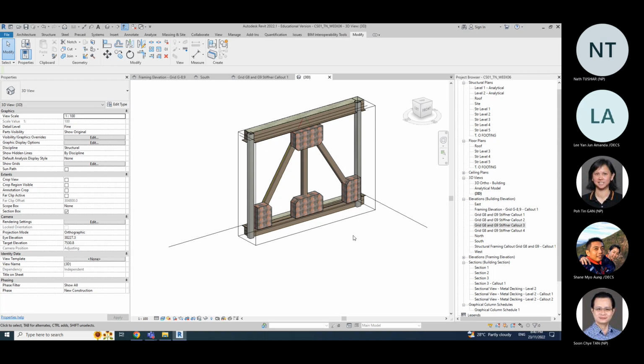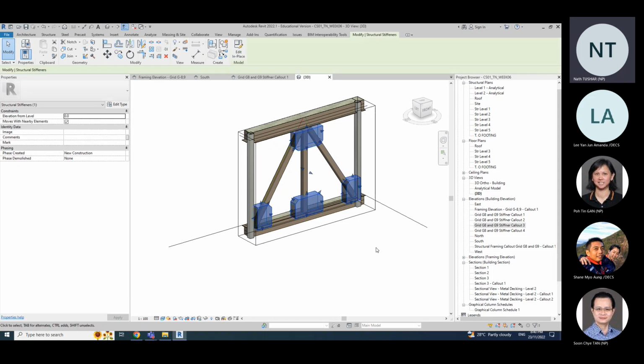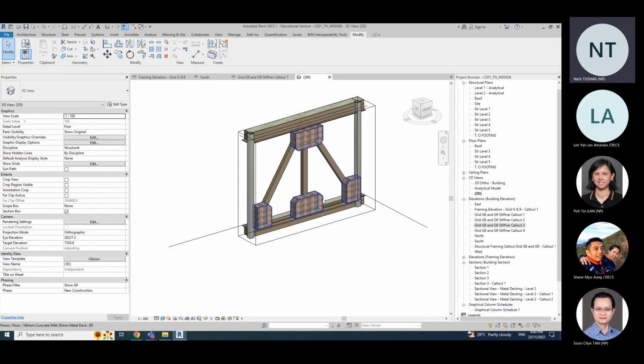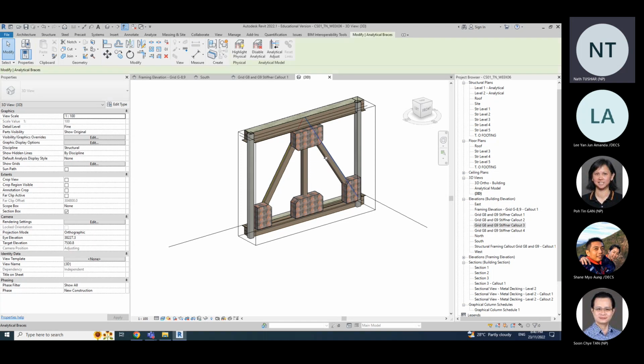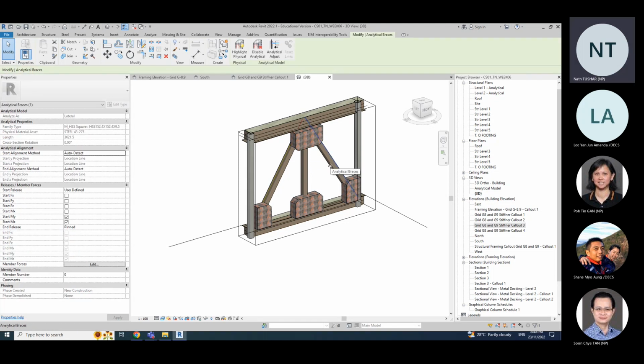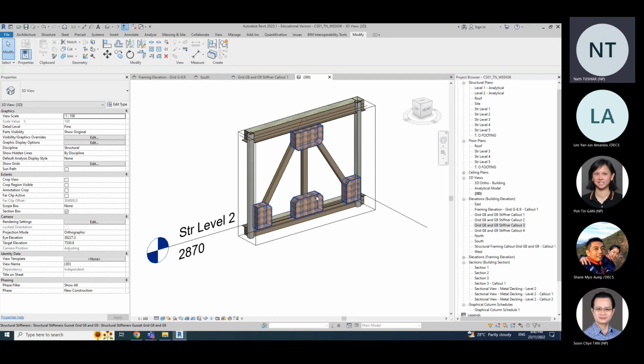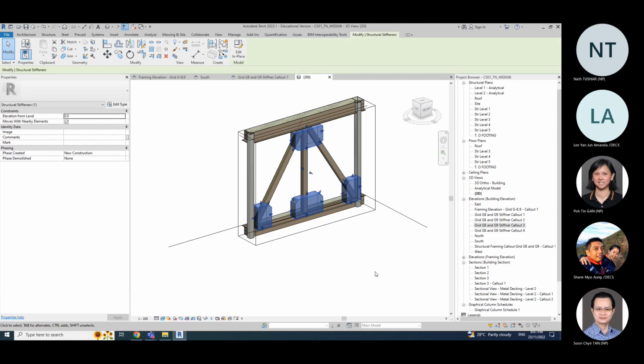By the way, I don't think you all selected the material for your stiffeners, did you? No? Concrete. No, stiffener is concrete. Could be steel as well, right? Because we have steel bracing, steel framing. So what I would want you all to do is click on the stiffeners here, select the stiffeners,